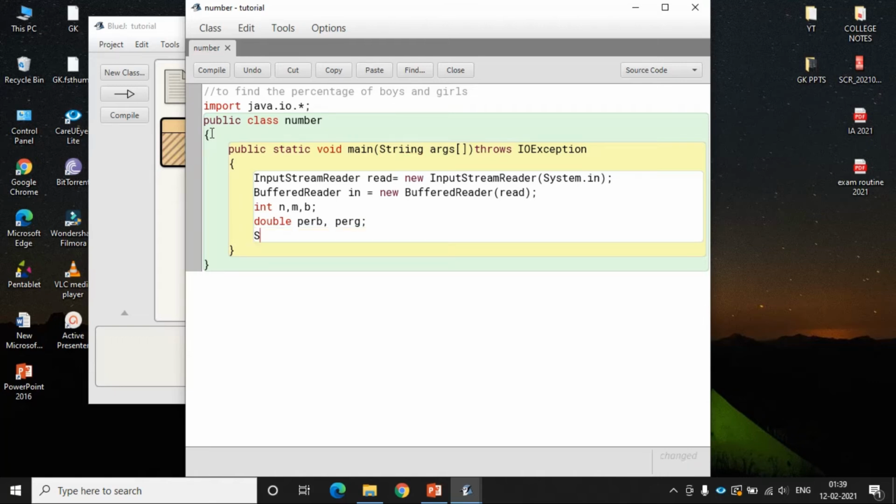Now we will write System.out.println("Enter the number of students").